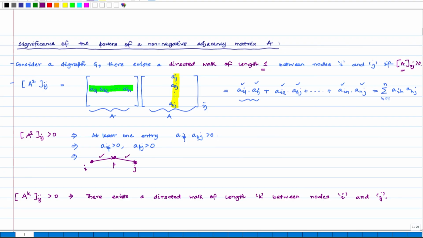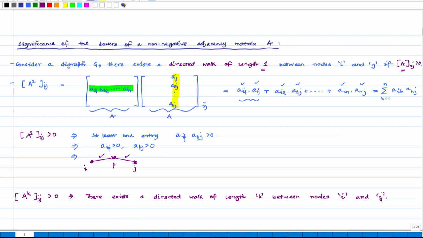And these properties can also help us in commenting on the connectivity of graphs. How we can use these notions to make more comments on the properties of the graph is something that we'll talk about in the next lecture.